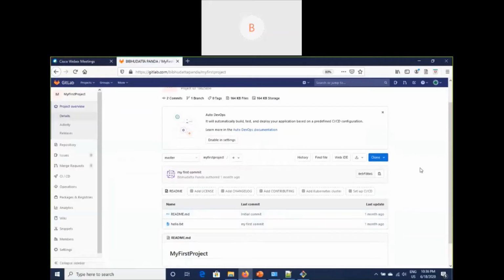If you enabled that readme.md, it will be automatically created here, and here you will get an option for cloning your project. There are two options, SSH and HTTPS. SSH is more secure, as it is your SSH key authentication between your machine and GitLab, so that you can easily communicate between your local machine and GitLab in a secure manner.